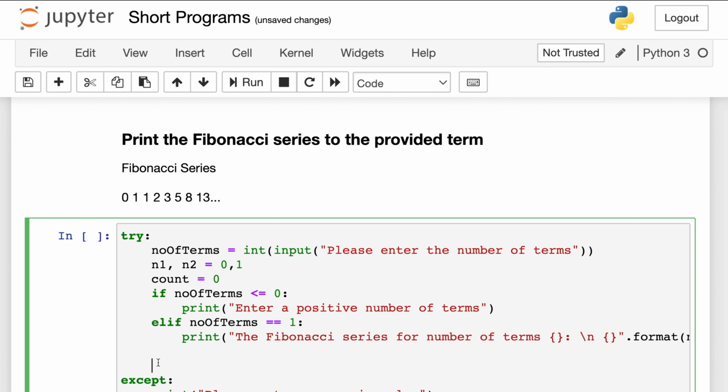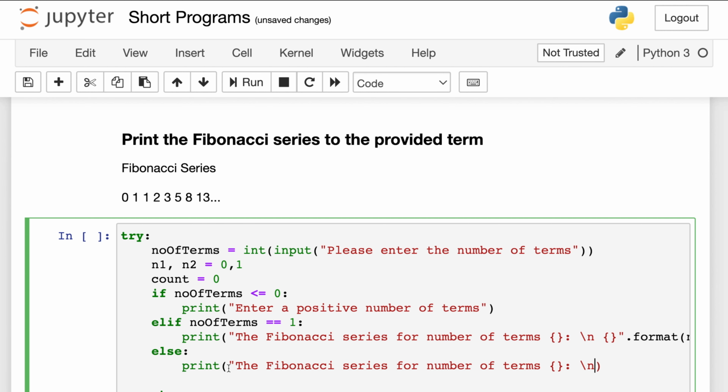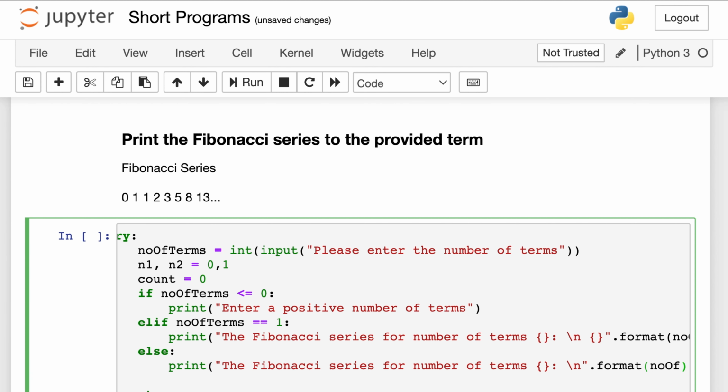Next, in the else block, let's print the second message and again use the format function and pass the number of terms as argument.